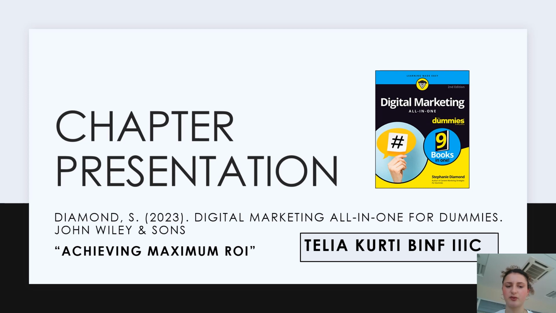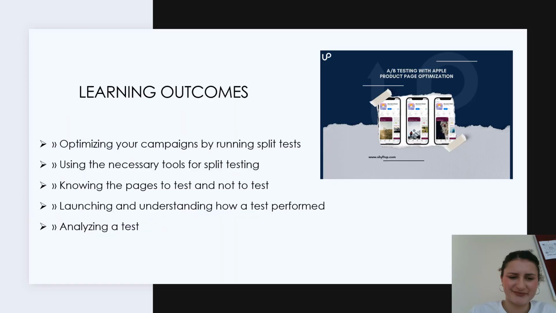Hello, today we're going to be presenting a chapter review from the book Digital Marketing All-in-One for Dummies, specifically the chapter Achieving Maximum ROI. Learning outcomes of this project are using the necessary tools for optimizing our campaigns by running split tests,